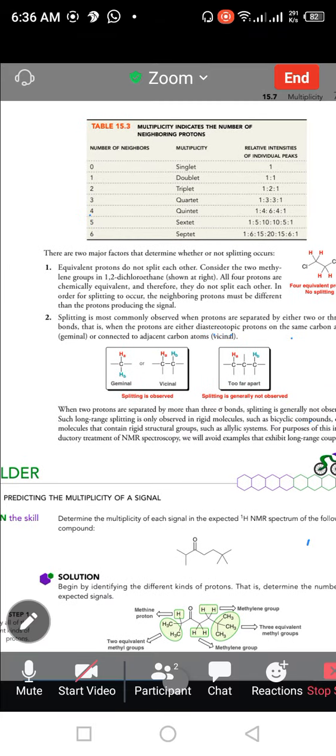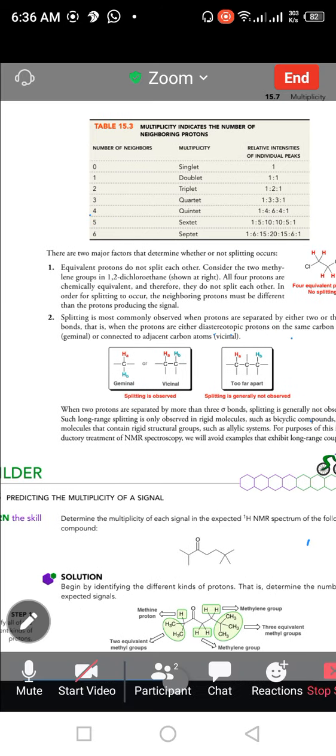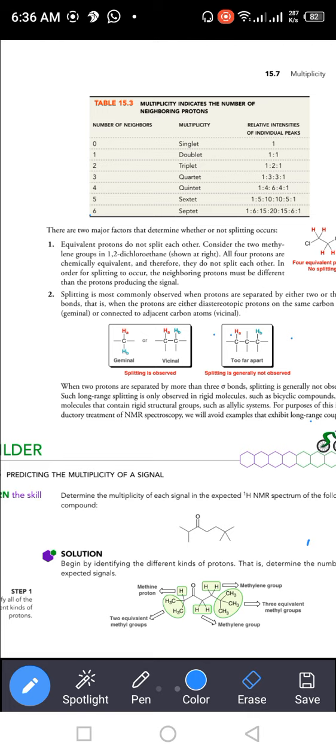Determine the multiplicity of each signal in the expected proton NMR spectrum of the following compound. So here the splitting pattern is to be discussed. This is the organic compound and we have to discuss the splitting pattern. To discuss the splitting pattern, first of all show the protons. So protons are to be shown here in this pattern,